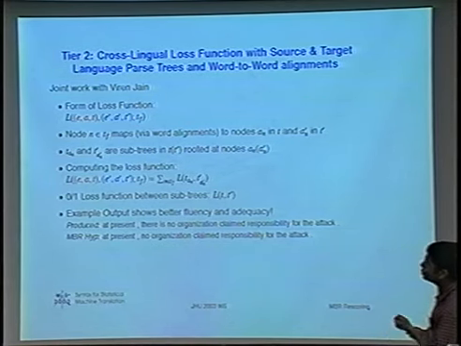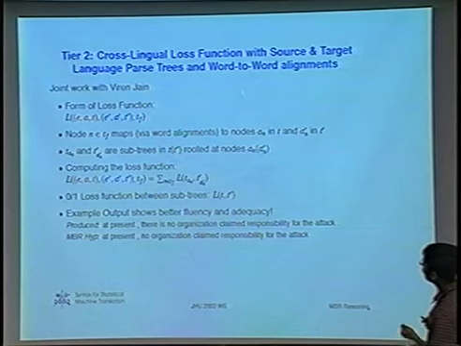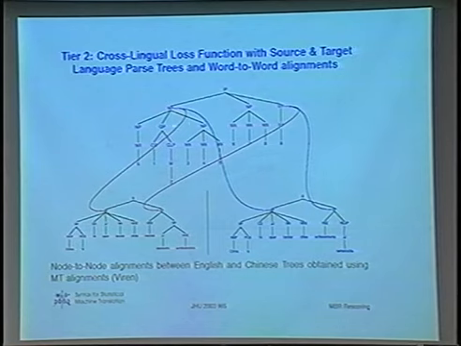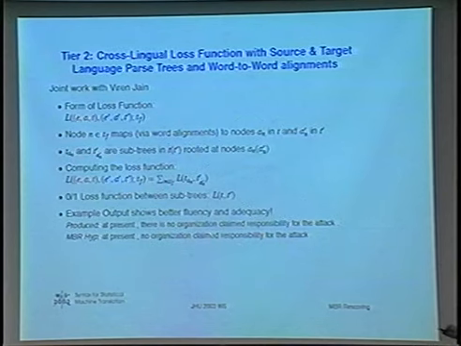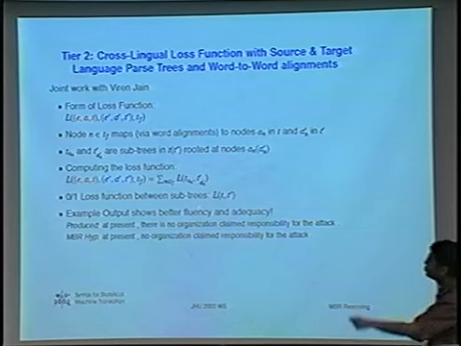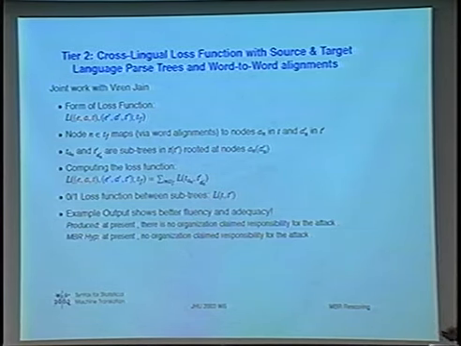And via the alignment, we have each node in the Chinese tree mapping to two different nodes. So this node NP in this Chinese tree maps to this NP in this English tree, and this NP in this other English tree. And similarly, this VP goes to this VP in this tree, and this VP in this other tree. And now the loss function is essentially marching through the nodes in the source parse tree and comparing the subtrees which are rooted at these nodes to which the source node is aligned. And the loss function that I tried out was a simple 1-0 loss function, where the loss is 1 or 0 depending on whether or not these subtrees are identical.